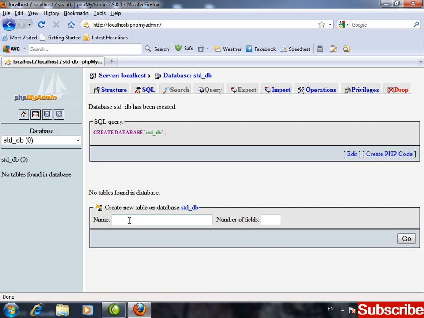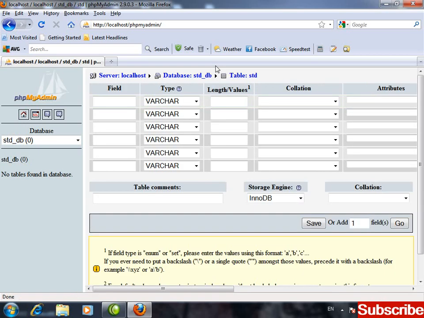Now on the student database, meaning std_db, I want to create a table. Right now no table is found, so here I'm going to write the table name. Let's say, this is std table. In the std table I'm going to take 6 columns. Proceed. Now the first field name, this is the column name. First column name I'm writing here: registration number. This is varchar and its size I'm going to take, let's say from here I'm going to take it as integer and its size 3.